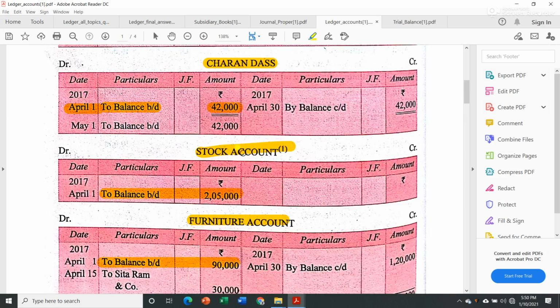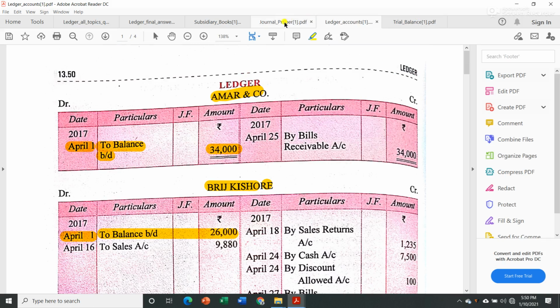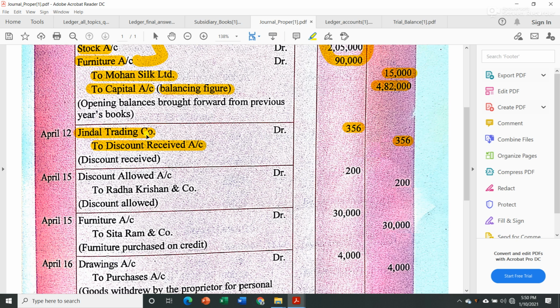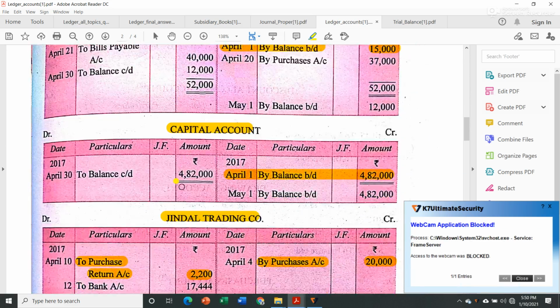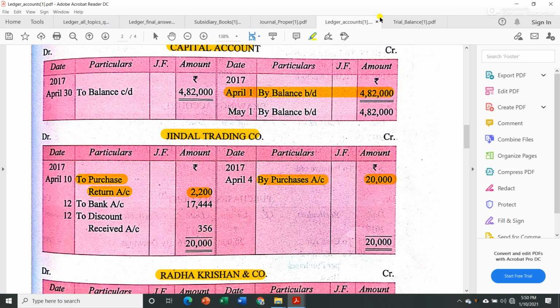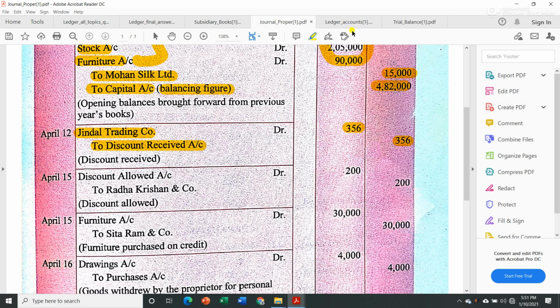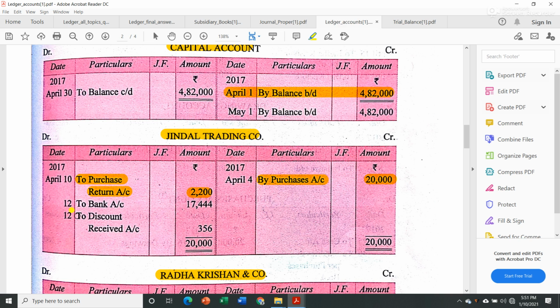Now for the journal entry that we have passed, let us see the ledger account of Jindal Trading and Company. Where is it? Here, Jindal Trading and Company. So to discount received account, that means we will record it in the debit side, that is to discount received account 356, and he received, his account was debited while paying cash, means while paying check to him. So to bank account rupees